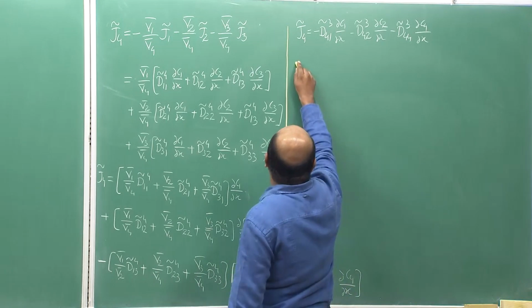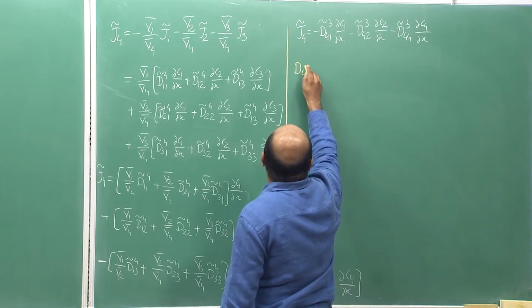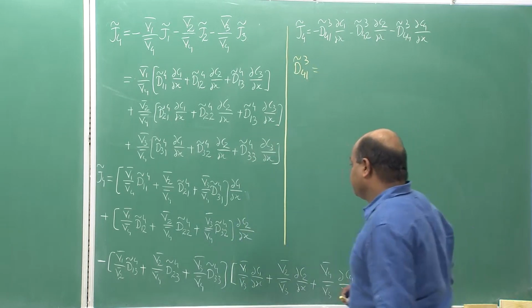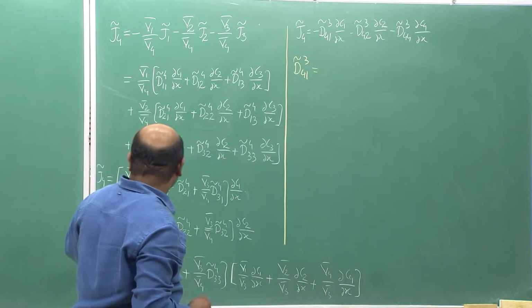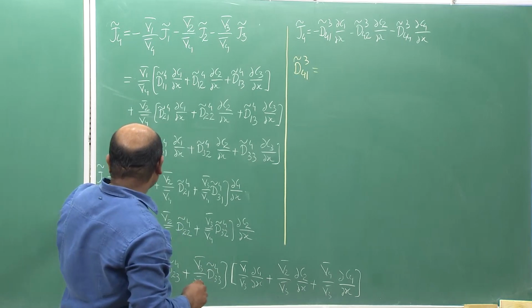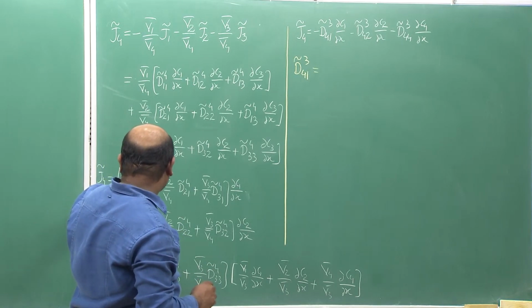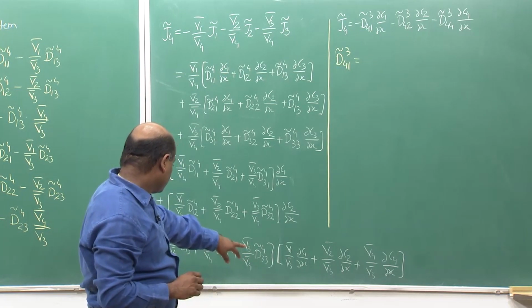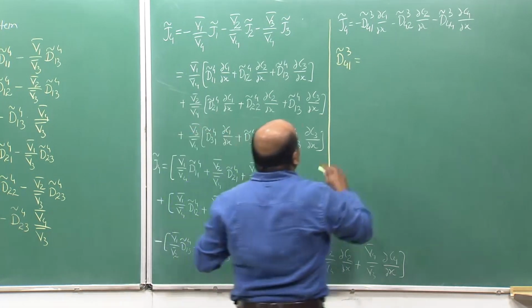So, D41 tilde 3 becomes the negative of this and minus this. So, this will be,